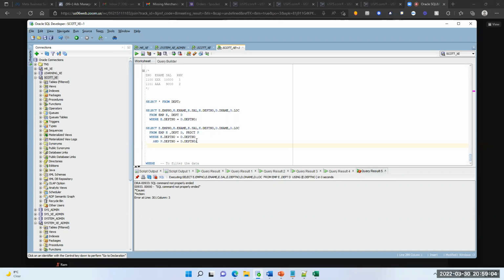And we have some outer joins actually. We have three outer joins: left outer join, right outer join, full outer join. Left outer join returns all records from the left table. For example, consider employee and department: left is the employee table, right is the department table. When you use left join, it will get full records from the employee table, and only matching records from the department table. This is the logic.